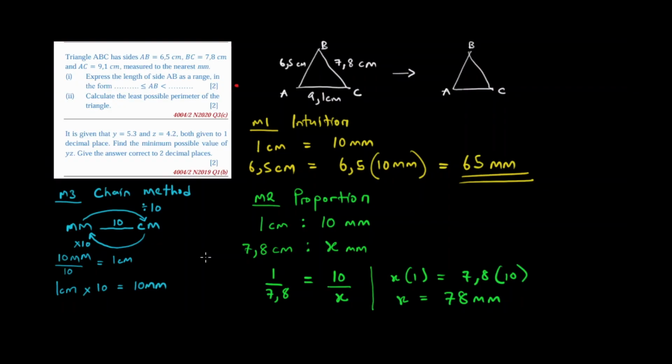When we are converting from millimeters, a lower unit, to a larger unit, we divide by 10. When we are converting from a centimeter, a larger unit, to a lower unit, we multiply by 10, which then means 9.1 centimeters is simply 9.1 times 10, which is 91